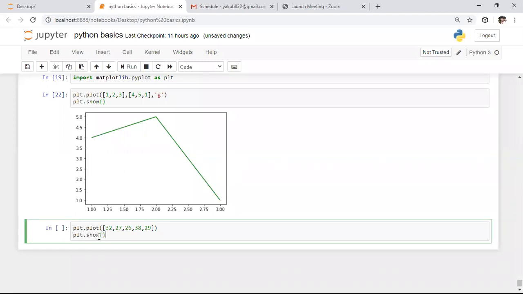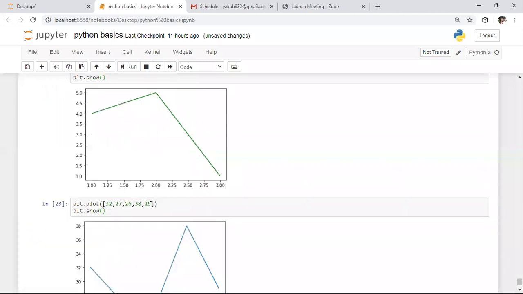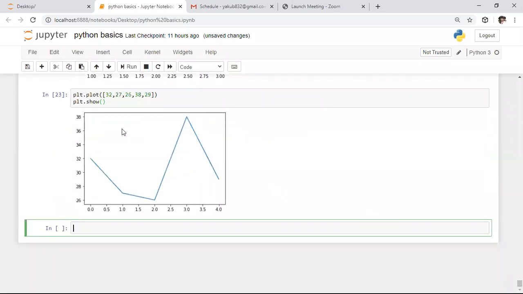Whenever you run this portion, these values will be considered as magnitude values. Whenever you specify only one list in the plot function, these will be considered as magnitude values, whereas the indexes corresponding to this list's elements become the x-axis values. Remember this. By default, the index of 32 is 0 in this list, so at the 0th index, 32 comes as a magnitude.